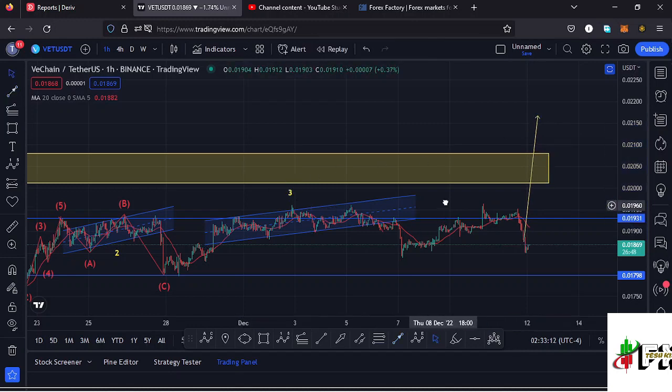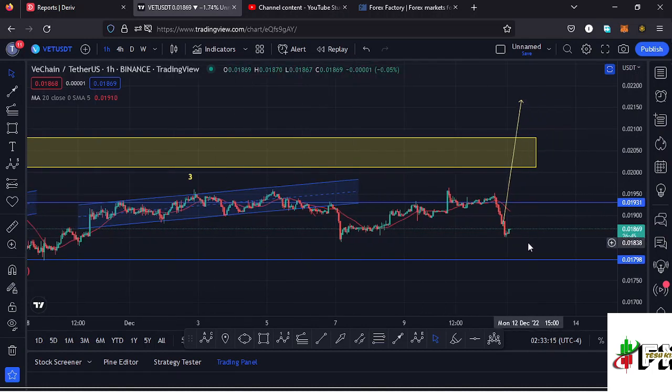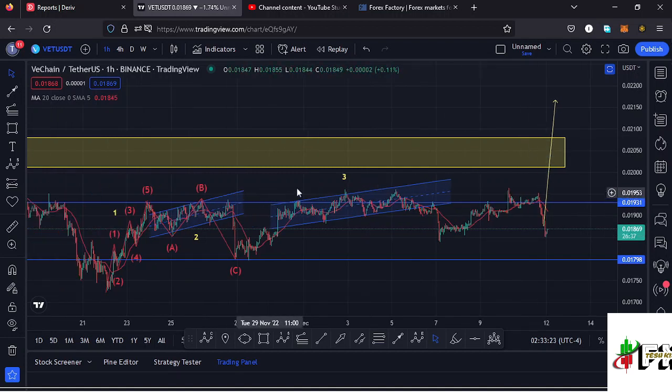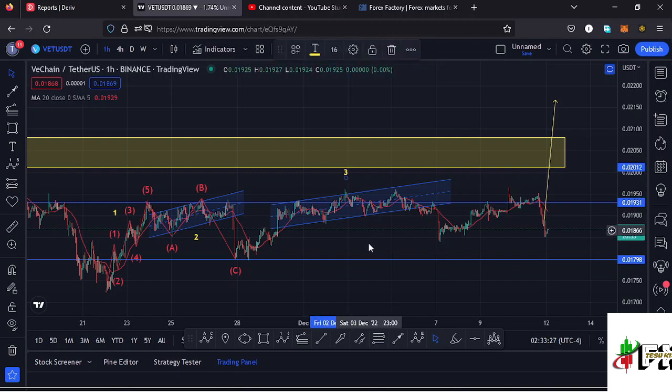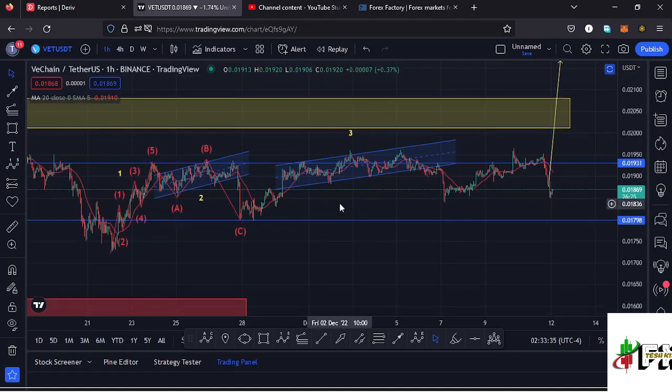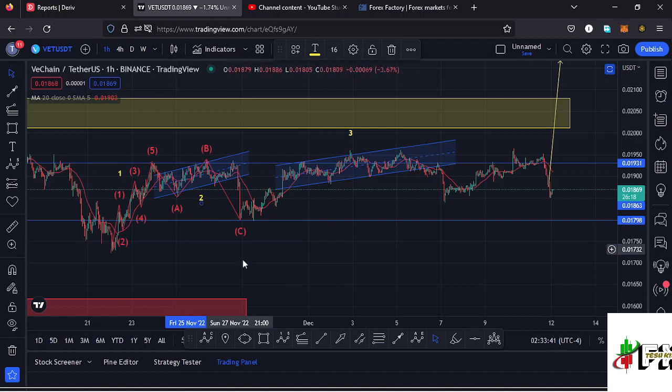But in case we do not manage to break above the 20-day MA, which is now acting as resistance, and also manage to break above the wave 1 high, then I think we don't have an impulsive nature in the formation of this wave 3, and because of that, there are chances of invalidating this Elliott wave structure that I have right here and continue pushing lower. My next target area at the moment is the key area where we made our low in the formation of this higher Elliott wave count 2 at around the $0.017 mark.